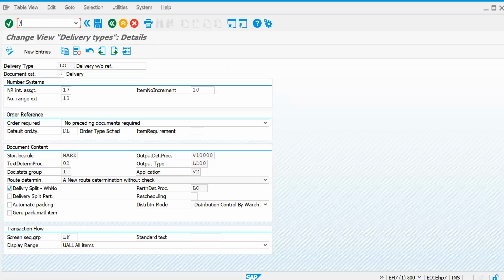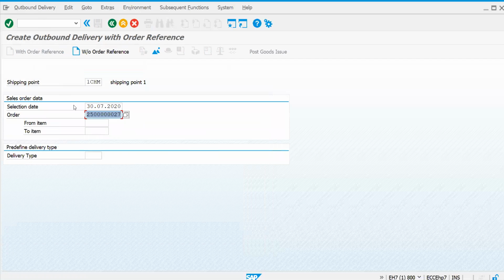Let's try to create the delivery without any reference document. So what is the document type we have chosen? This is LO. Just press enter.